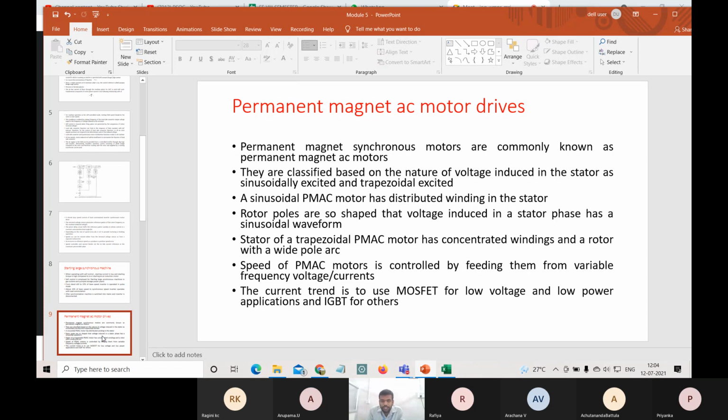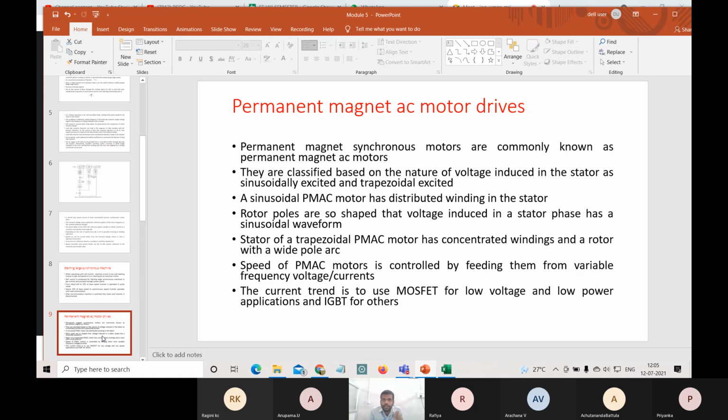So wound field synchronous motors will be having distributed winding, or complexed or conjugated type of winding, then distributed winding. Okay, two types of winding. So here the rotor poles are shaped so that the voltage induced in a stator phase has a sinusoidal waveform. So in order to get the sinusoidal waveform, the permanent magnet AC motors are constructed such that the rotor poles